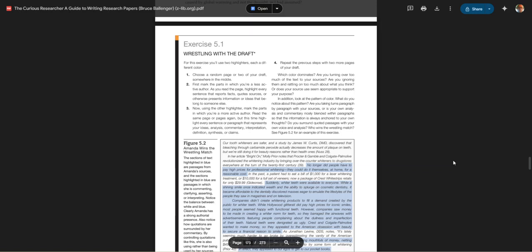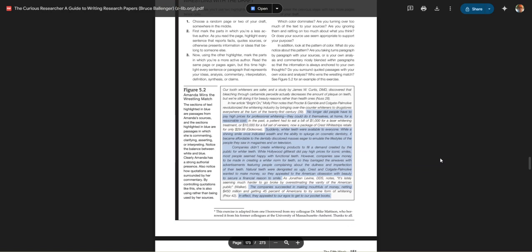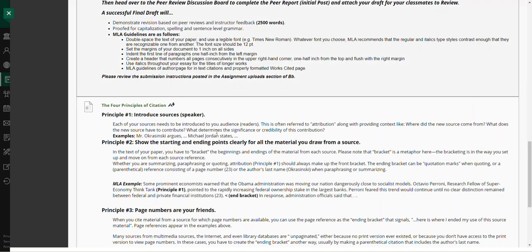And what this activity is designed to do is to demonstrate whether you need more source information to support your research topic, or you might have to generate a little bit more content on your own instead of relying on source information. Gives a brief example of a page here. Take a look at the instructions in the discussion board.